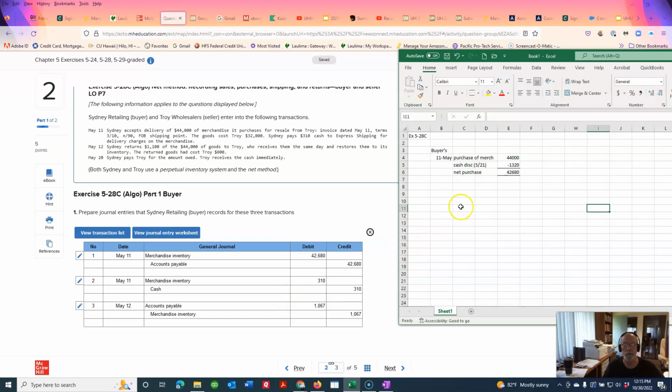And then also on May 11, we had a freight in on merchandise of 310, hitting cash. And okay. And then on May 12,